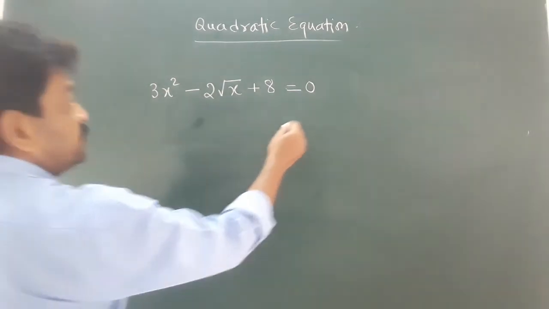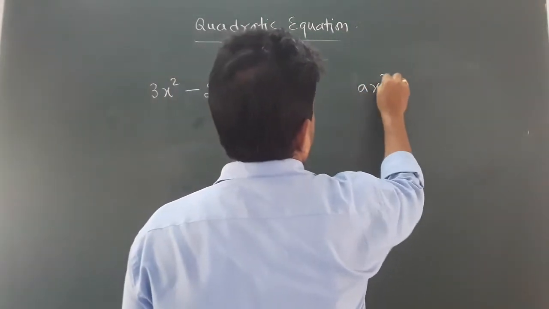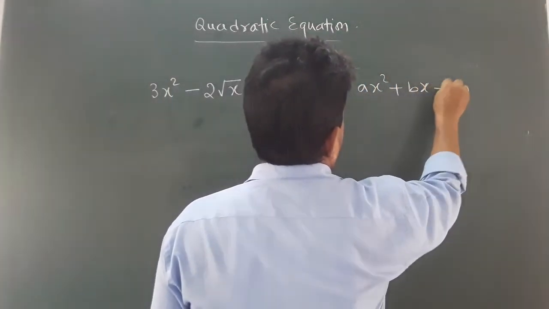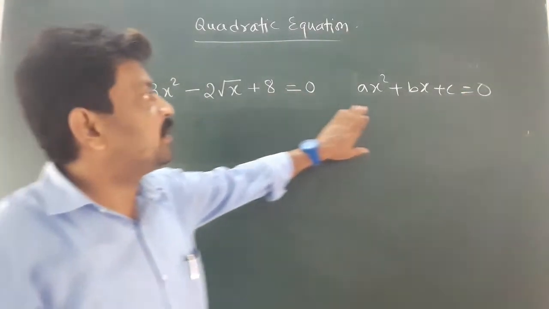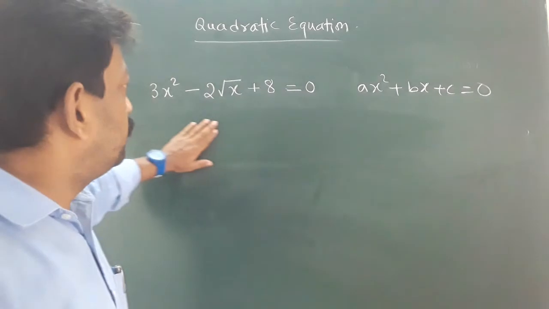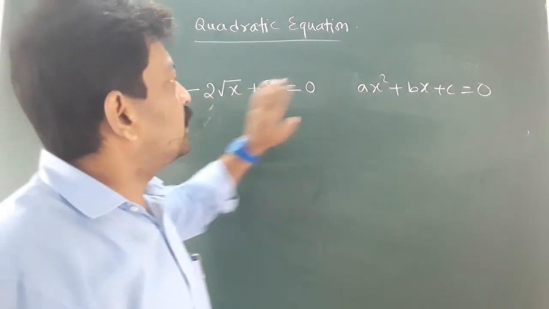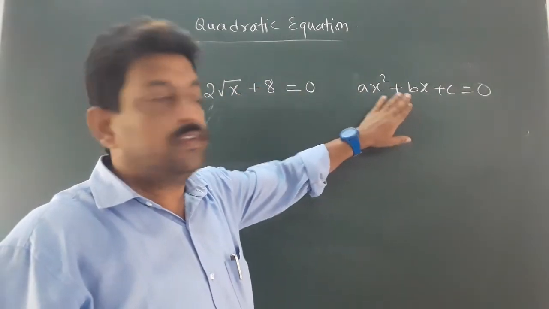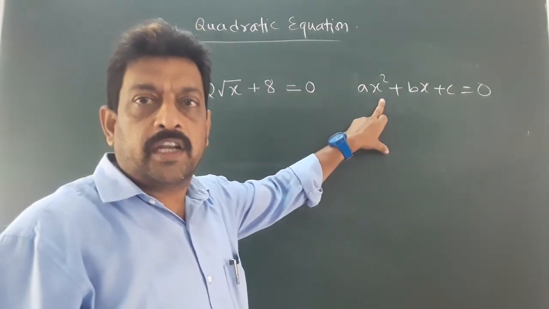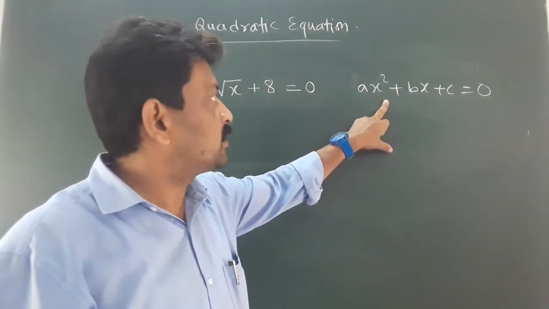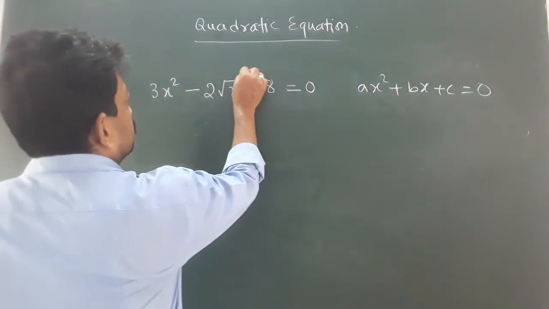The standard form is ax square plus bx plus c equals to 0. So if you see this equation and compare with the standard form, you will find that this is not in the standard form. This equation is not in the form of ax square plus bx plus c. Why? Because